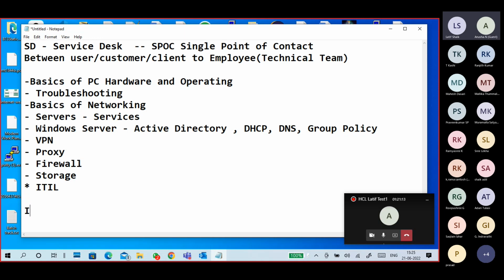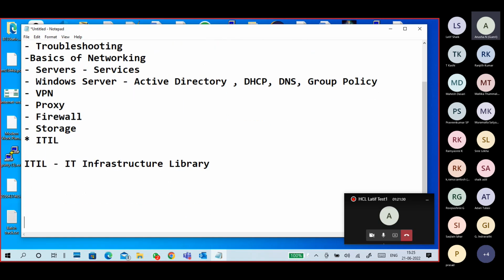Your job role is basically an ITIL role. IT means information technology, infrastructure, library. So what is ITIL? That is a question that will come. I'm telling this specifically now because